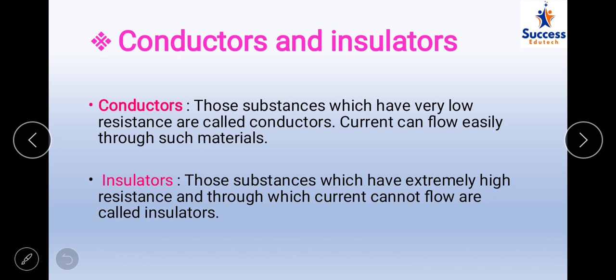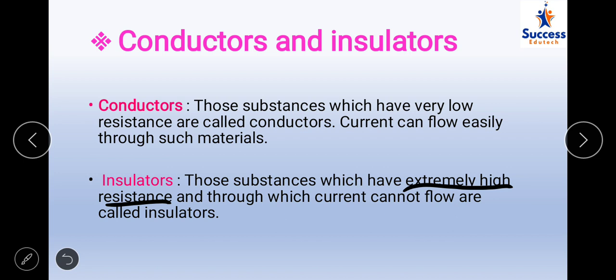As explained in the previous lectures, there are no free electrons inside wood or rubber, so they do not allow the current to flow through them. So these are examples of insulators. This small concept might be asked in the exam, like differentiate between conductors and insulators. So keep in mind, conductors are the ones which allow the current to pass through them, and insulators are the ones which do not allow the current to pass through them because they have extremely high resistance.